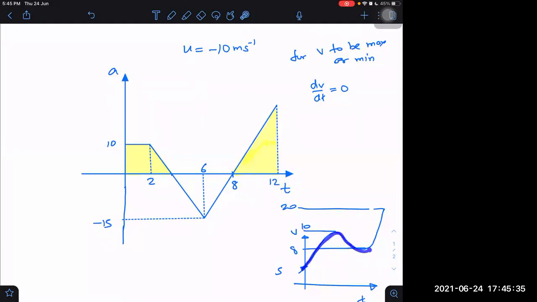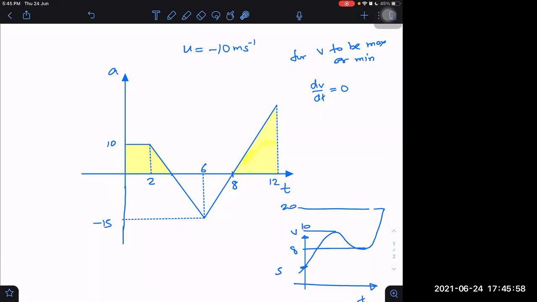But unfortunately, you can see in this interval, neither 10 is maximum nor 8 is minimum, but minimum is 5 and maximum is 20. So what should we do? If you want to check properly, you should not only check this place, you should also check the boundary. Boundary means I have to check 12 seconds, final, and 0 seconds, initial. Sometimes at the boundary also we have minima or maxima.